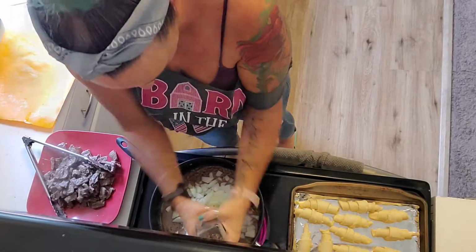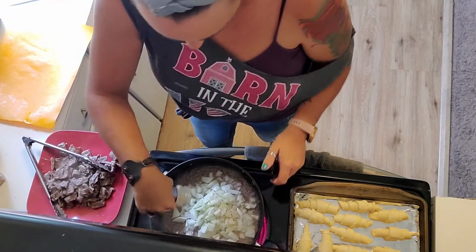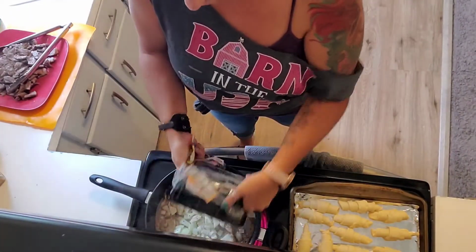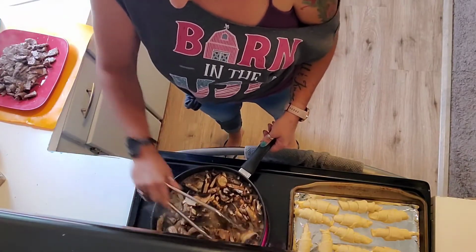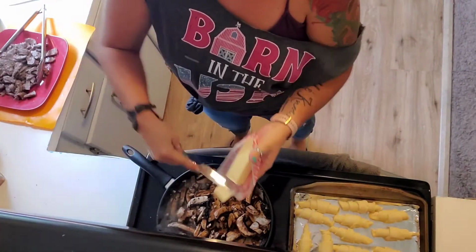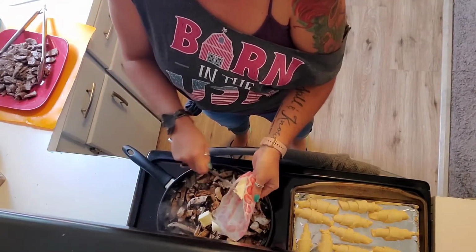Okay, so we're going to add some more fresh ground pepper, some more Mediterranean sea salt, some more onion powder, and some garlic powder, but I think it got left out of the video. Right now we're going to add in our pound of sliced portobello mushrooms, and you want the onions and the mushrooms to saute over medium heat. Get them cooked before we add our stick of unsalted butter. And then you're just going to go ahead and add that in cubes to your onions and your mushrooms